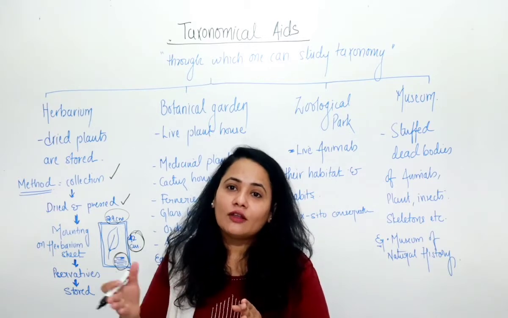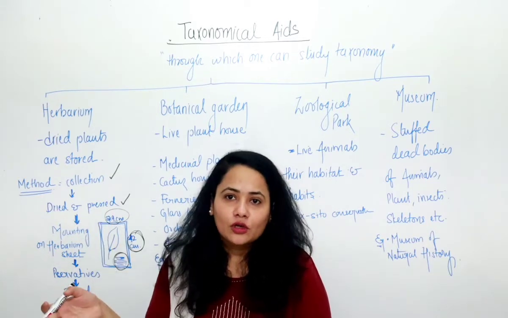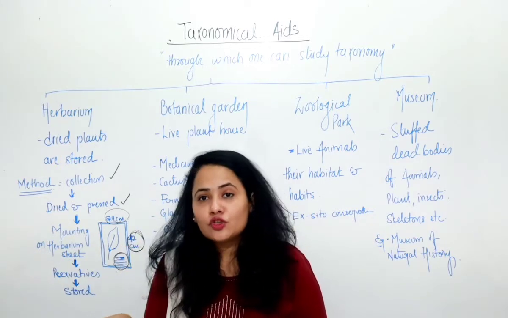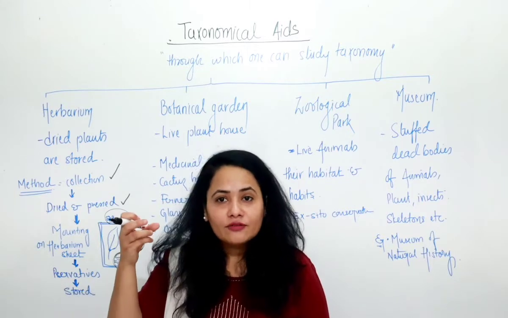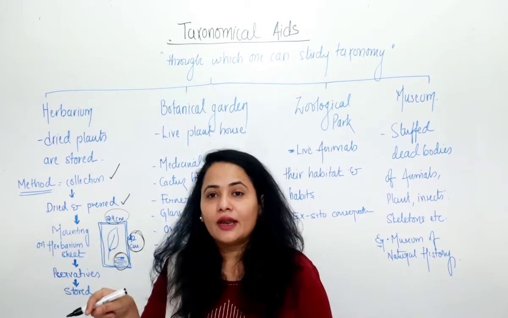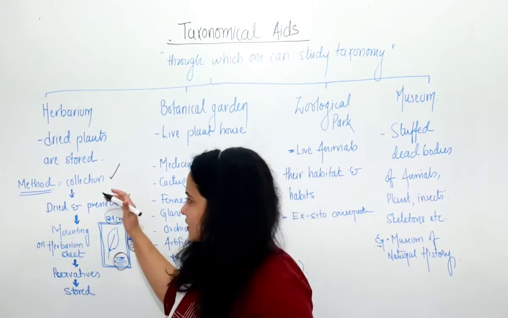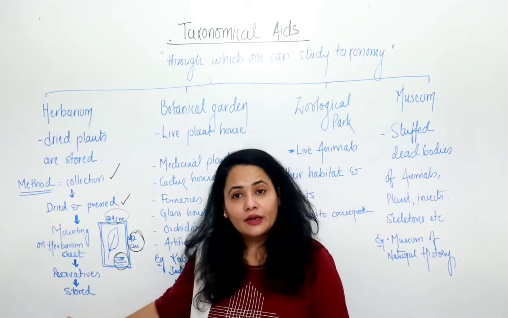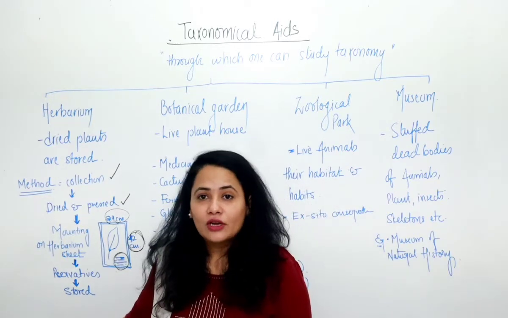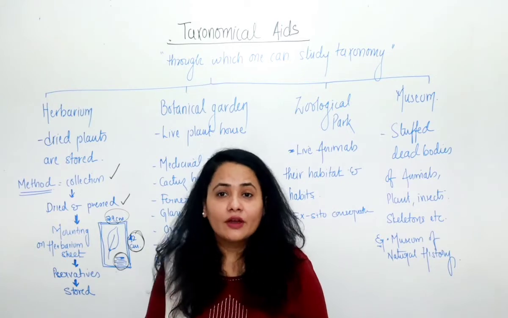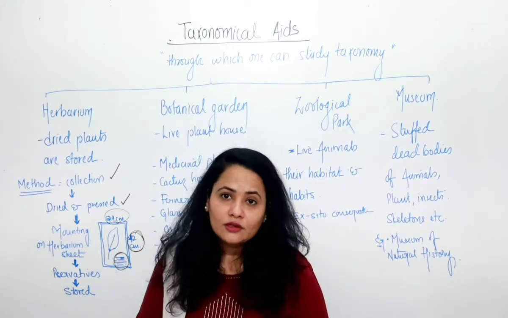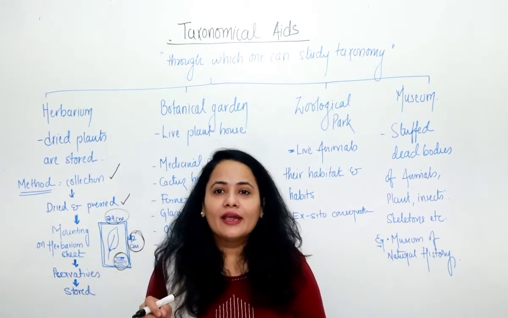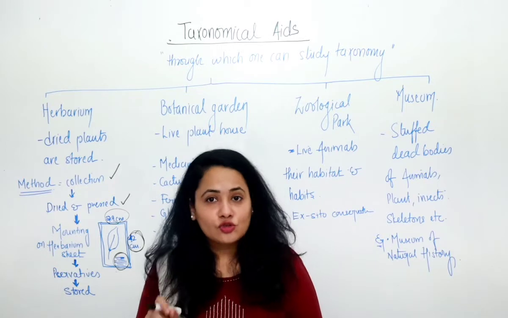That index shows what are the contents of the book. So similarly, a herbarium file will have an index which will show what kind of plants or what kind of samples are being collected and kept in that particular herbarium file. So this is what you call herbarium, and of course, it is very much useful in collecting and studying those plants which are not locally available, which are available in some other area, and you want to study that particular plant, you can have the help of herbarium. So remember, herbarium is a place where the plants are dried and stored.